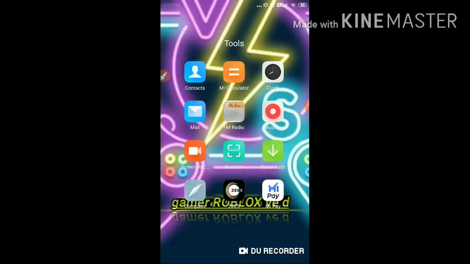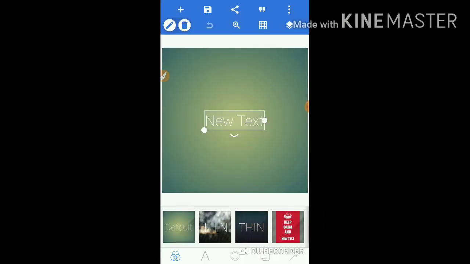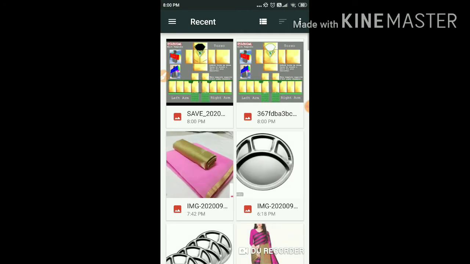Okay, like this. Now after that, go to your Pixel Lab app, and as I always show you, you have to crop that image. Cancel these things and remove this new text option. Click on these 3 dots here and click on use image from gallery. As you saved that image in gallery, the template of that shirt, click on that. After that you again have to select this 1:1 ratio and crop the image until the shirt comes. I will show you how much you have to crop. Just crop like me guys, otherwise your t-shirt will not look real.